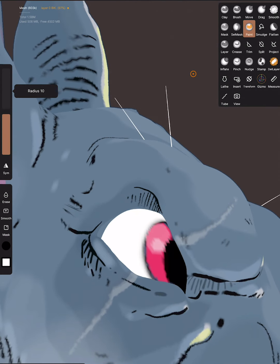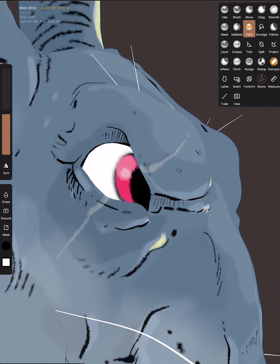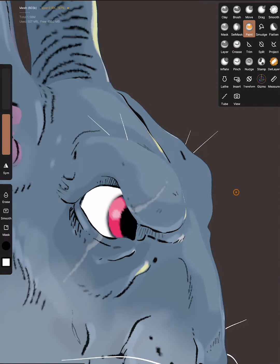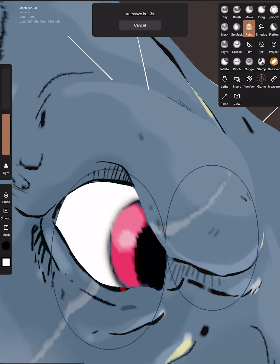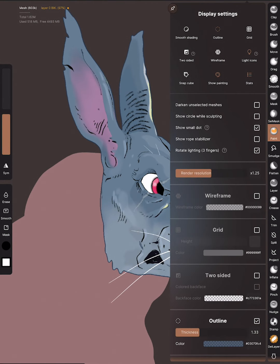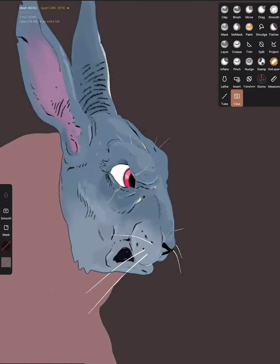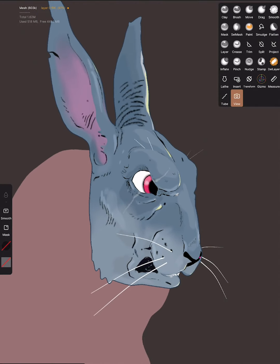If your opacity is down on your brush, though, the other thing to consider is that you won't get a hard edge. If you're going for that kind of style, it's probably better if you just use full opacity for the brush and then kind of tweak the opacity if you want in the layer itself. And you see I also had to